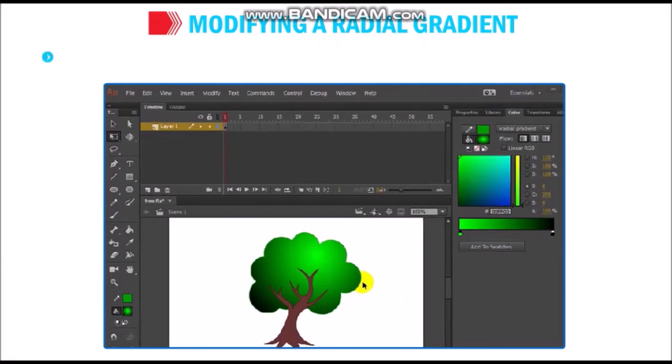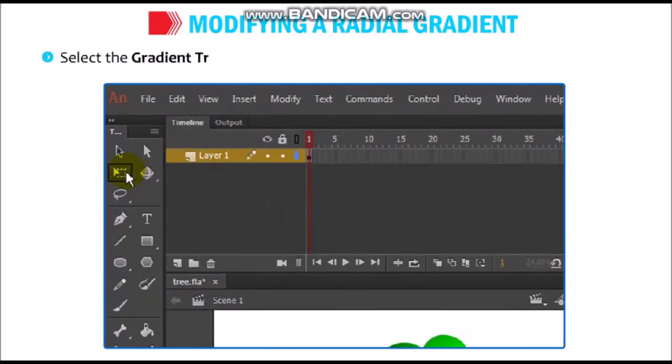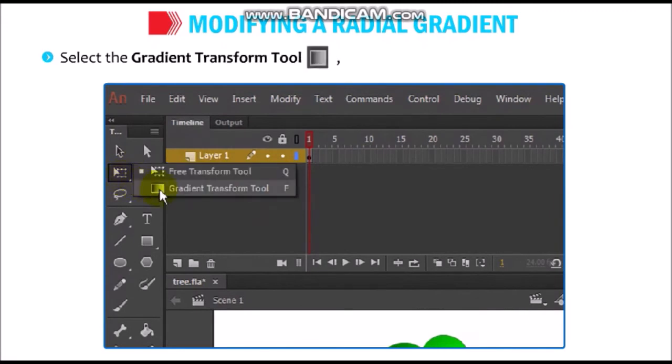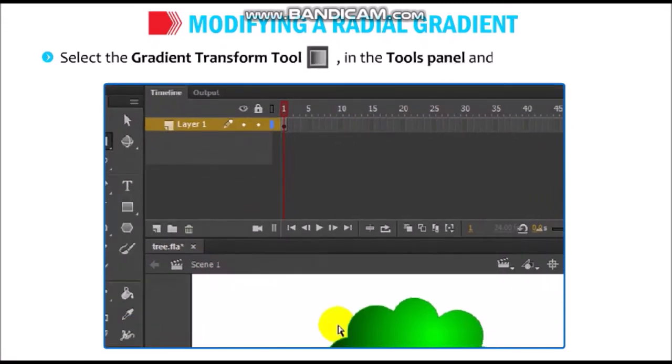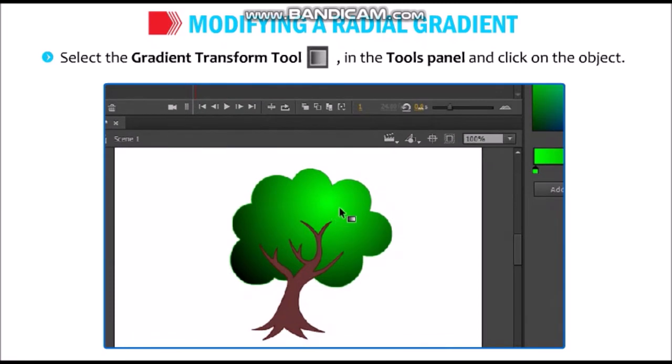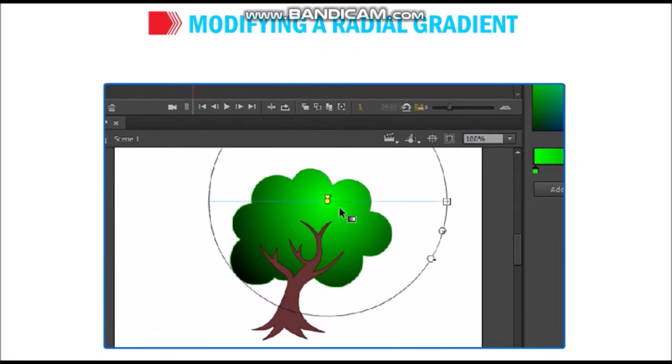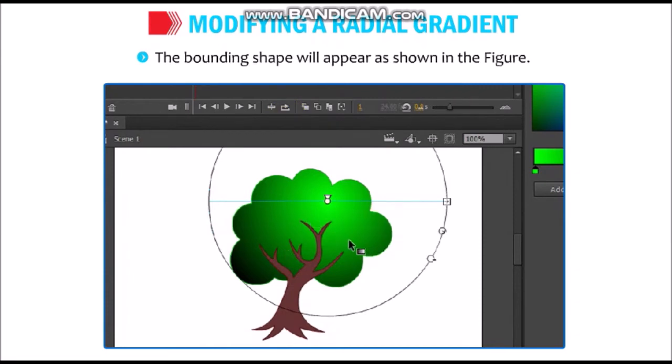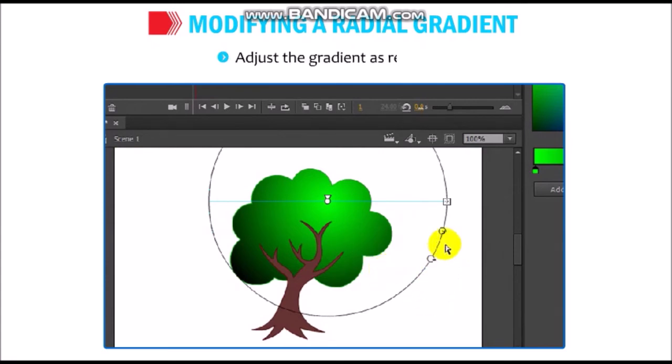For that, you need to select the gradient transformation tool in the tool panel and click on the object. Now, the bounding shape will appear as shown in the figure. Adjust the gradient as required.